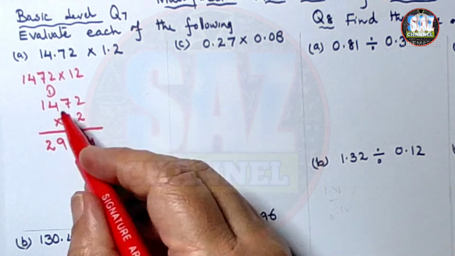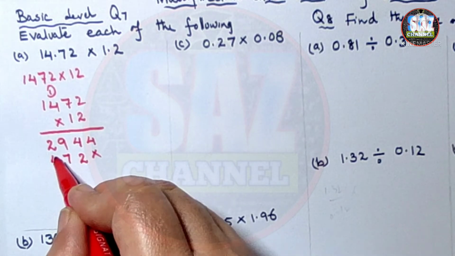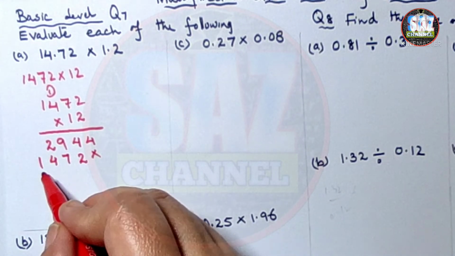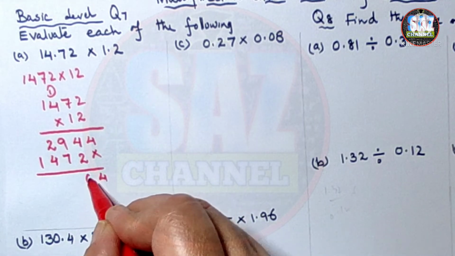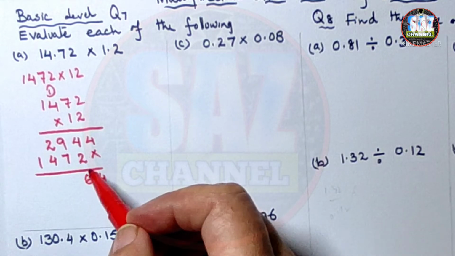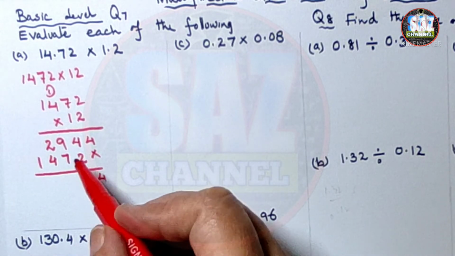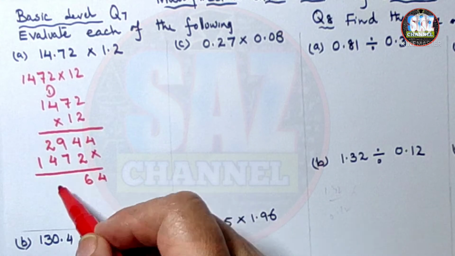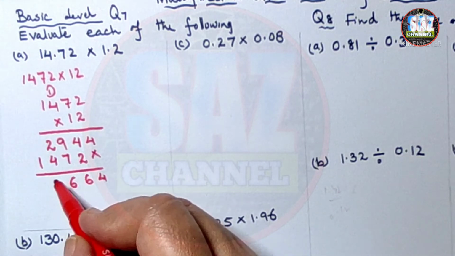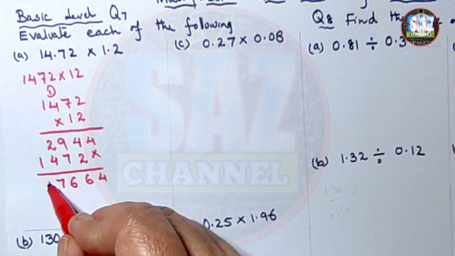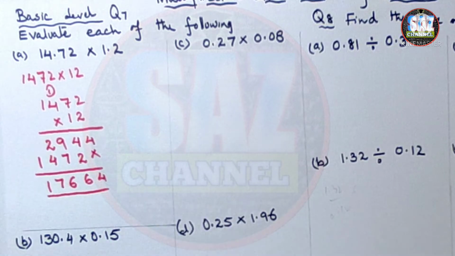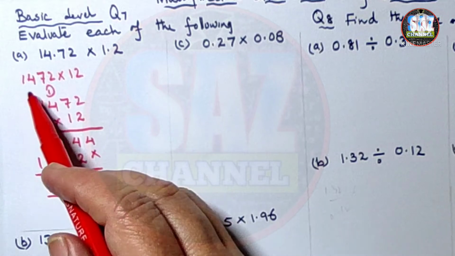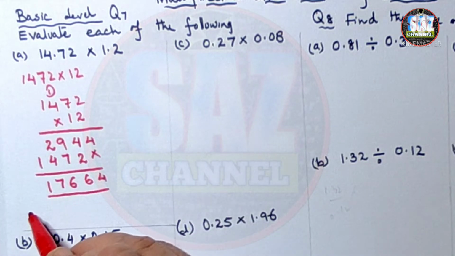1 times 2 is 2, 1 times 7 is 7, 1 times 4 is 4, and 1 times 1 is 1. Okay, this is 4, this is 6, and then it will become 9 and 1 makes 10, and 6 makes 16. 4 plus 2 is 6, and 1 makes 7, and this is 1. Now we have got the product of these two numbers by ignoring the decimal, but the question is not 1472 multiplied by 12,